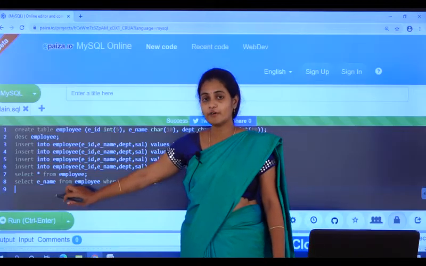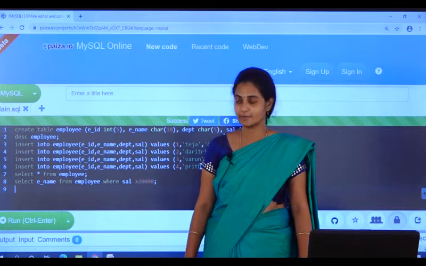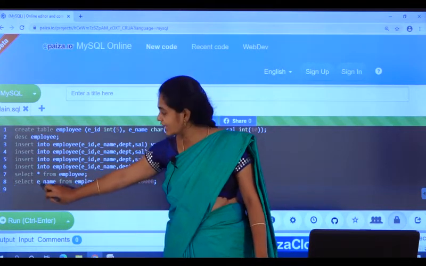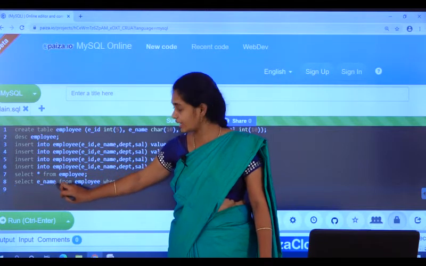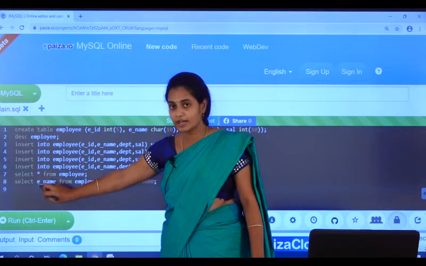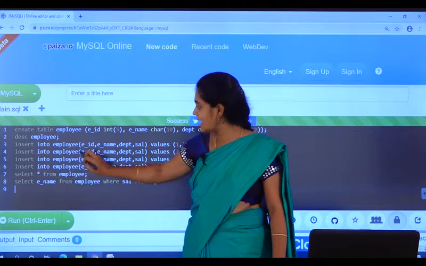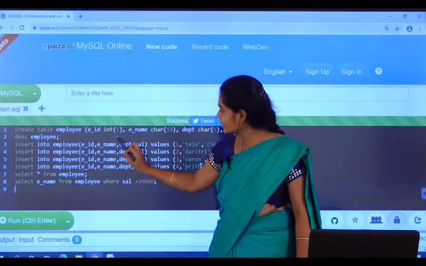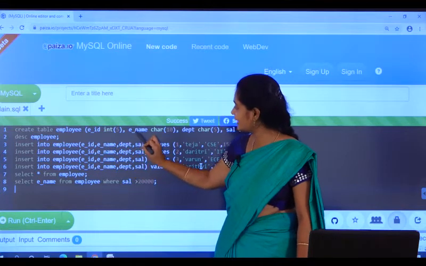Now we want to retrieve the employee names. That is why in the select statement I have written employee name. The attributes you write should match the attributes you created in the table. See here, I have created a table with employee name.